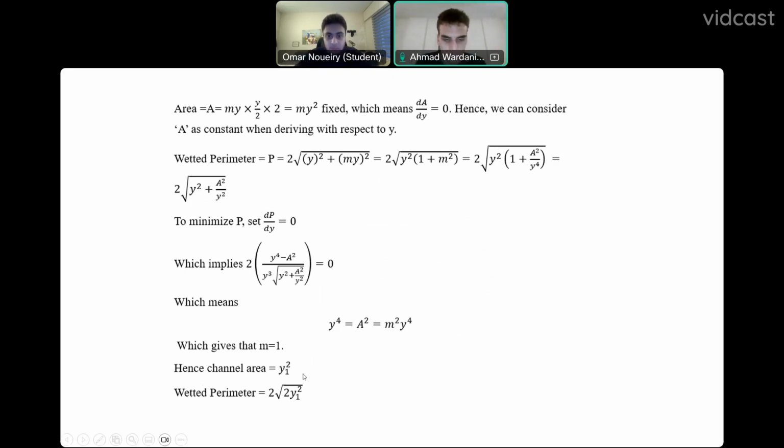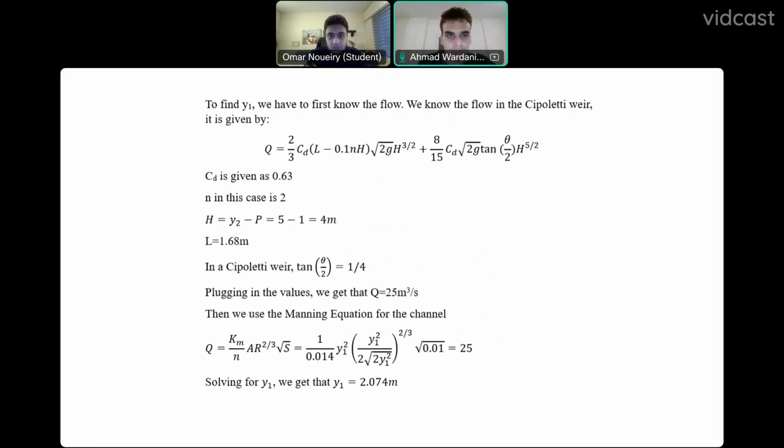The channel area at that section is y1 squared, and the wetted perimeter is 2 times radical 2 y1, squared at y1, of course. Okay, so now we need to find y1, which is the point of the question. So we first need to find